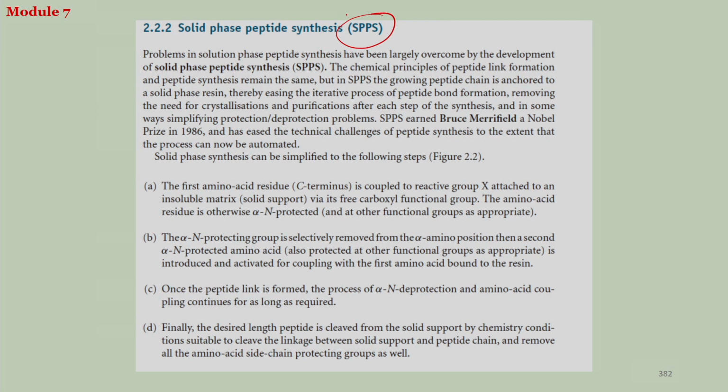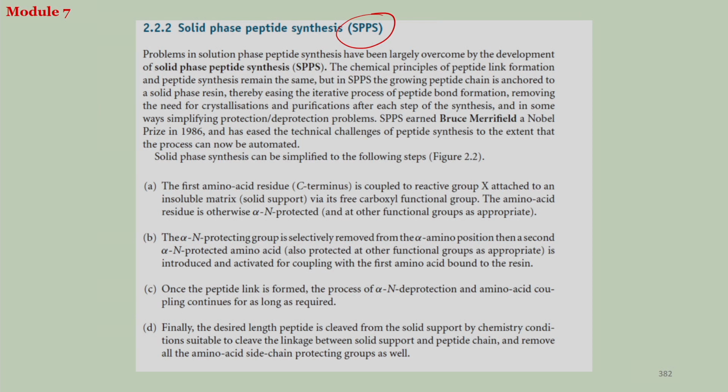So, now this is for the chemistry. Now, we will be coming to the solid phase peptide synthesis. Solid phase peptide synthesis, or in short we call it SPPS, is of course, as you know, the synthesis of peptides, how peptides can be synthesized, but we do not do it in solution phase, rather in solid